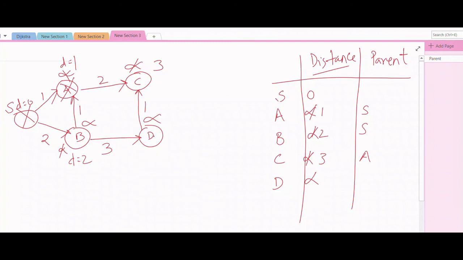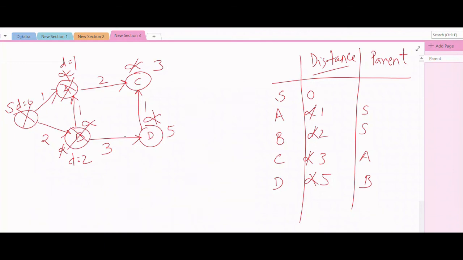From B I can go to D. So the total distance here would be 2 plus 3, which is 5, and the parent pointer would be B. Then I am done with the exploration of the nearby vertices of B, so I'll mark it as done.